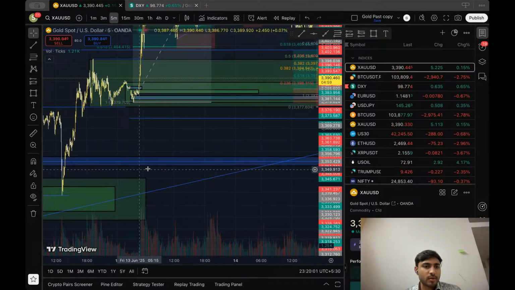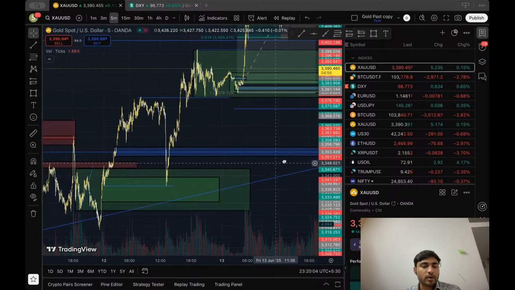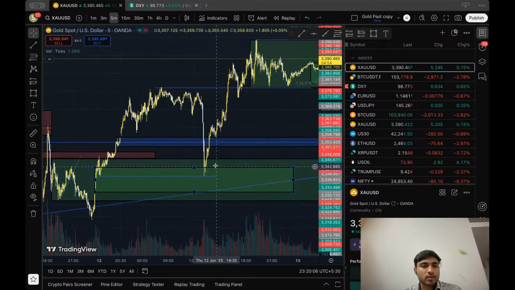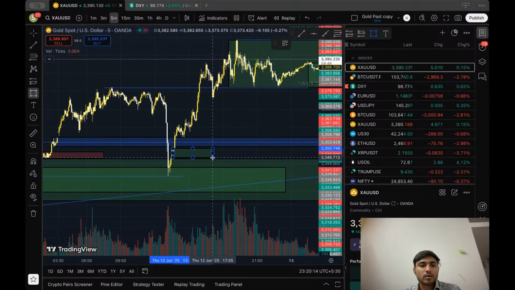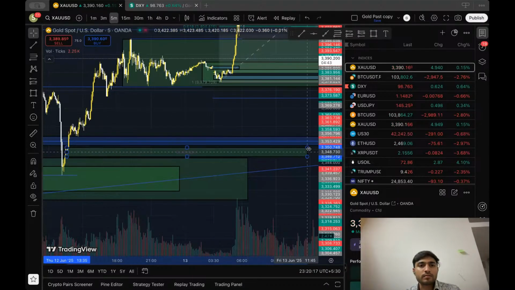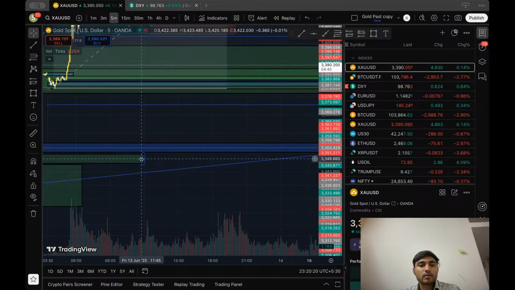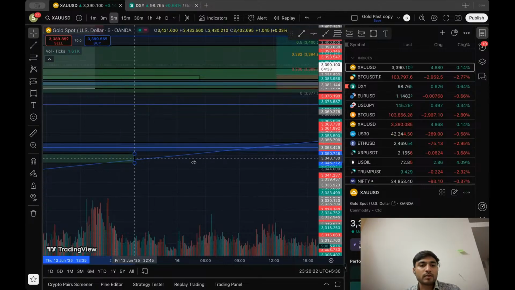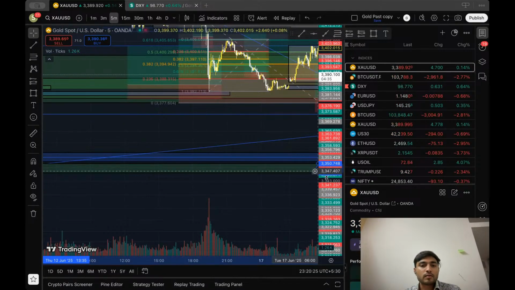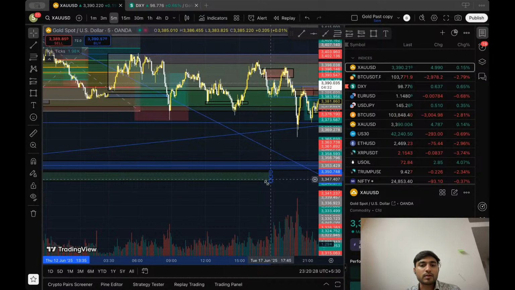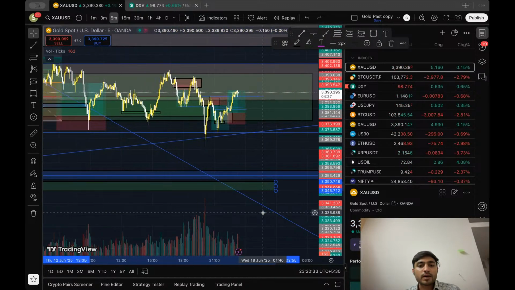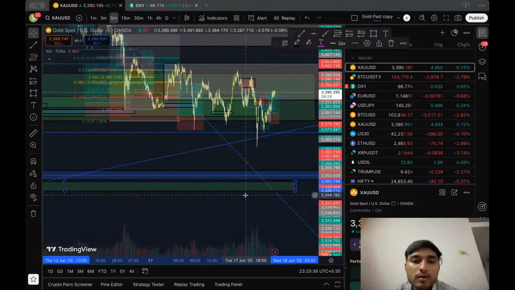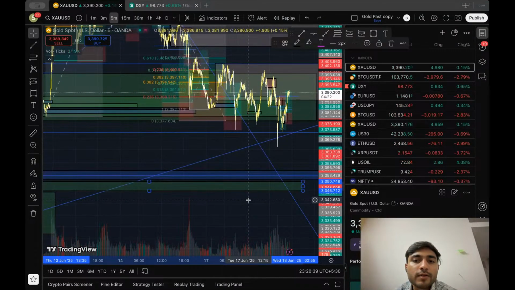Good. A fair value gap cover we have. After the fair value gap cover, we could take a good trade. We have this order block to be fulfilled as well. This was the order block I was talking about. This was the order block we could take trades from, but it's 5 minute, so it's a little bit sharper than 15 minute. That means you have to be careful while trading. So if it comes back to this level, we can buy these two levels. Maybe buy after confirmation.